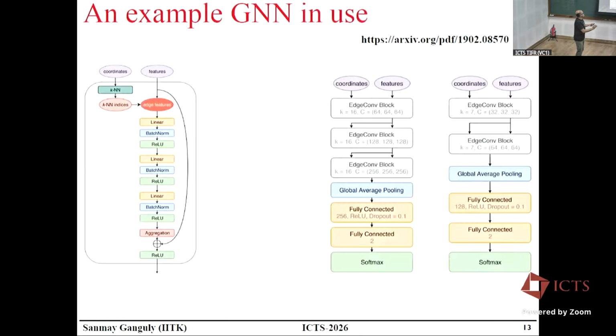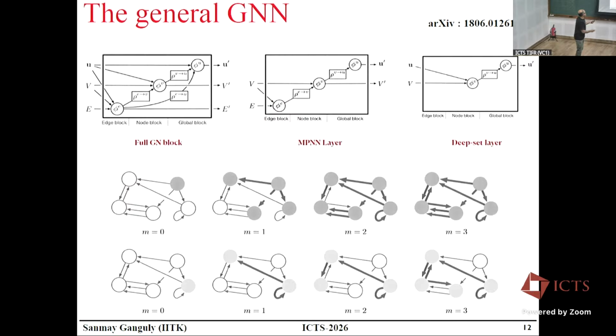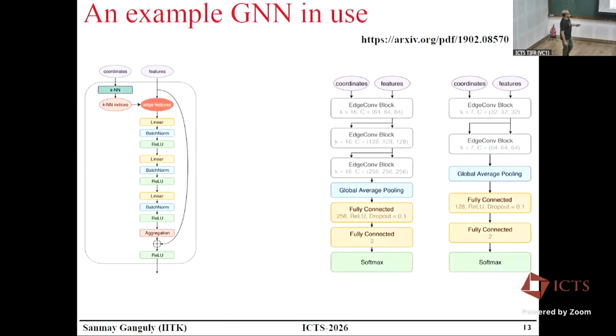Okay, and then there are many different kinds of comparison. So this is like a full graph neural network block where you give a graph as input and get a graph as output. The message passing neural network is what I described to you, and also the Deep Sets. So it's just like iterative information propagation. So this is an example of a modern day graph neural network.